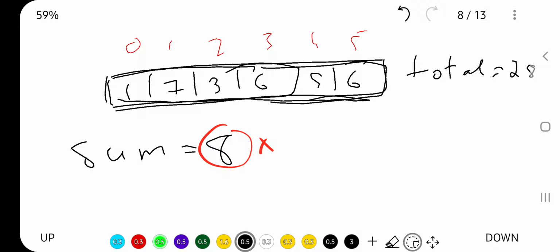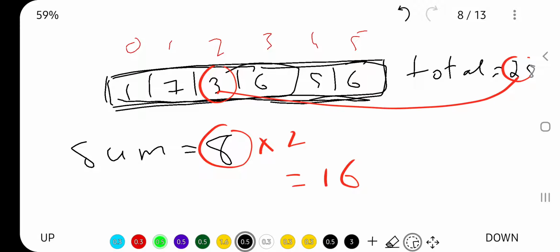I'll do into 2, that is 16. So I am in current position 3. I'll subtract this one from 3. I'll get the answer as 25. So 25 should be equal to this whole sum plus this sum, but 25 is not equal to these two,